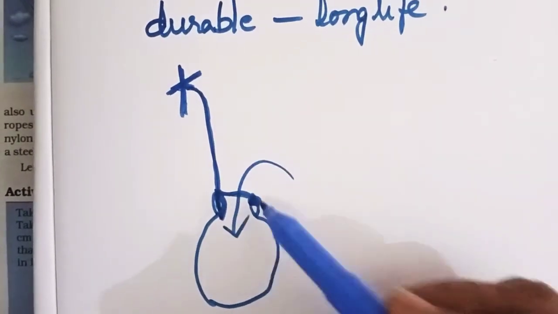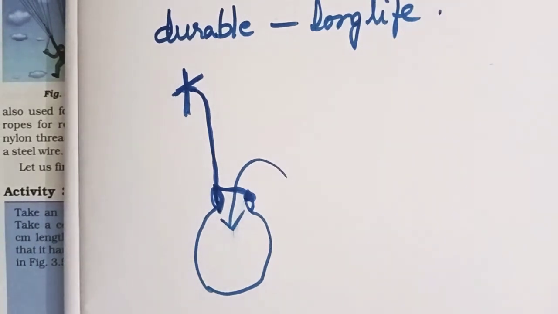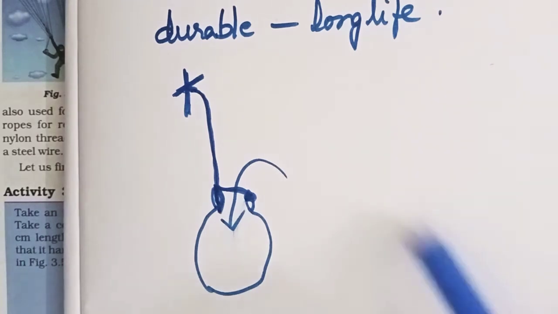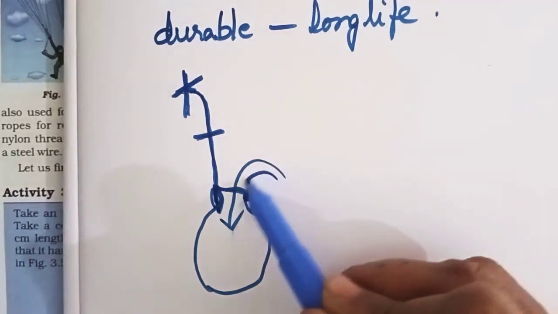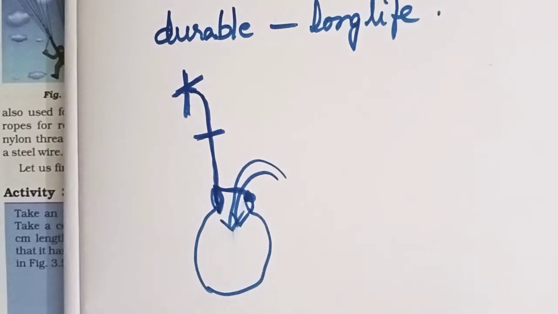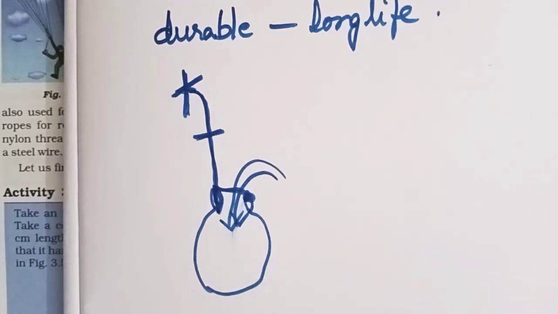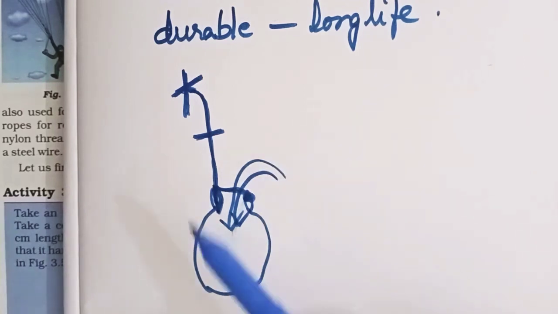dropping weights. You can be dropping weights into this, and they are asking you to check the strength of each thread, which is made out of different kinds of fibers. Firstly, you tie it with a cotton thread, normal cotton thread, and put some weight. Immediately the thread will get cut over here, because our normal cotton thread has little strength. Once you put a little more weight, immediately it gets cut. Whereas if you use a woolen thread, with a little more weight, it will tolerate. Whereas if you put a nylon thread, it can tolerate a lot of weight.